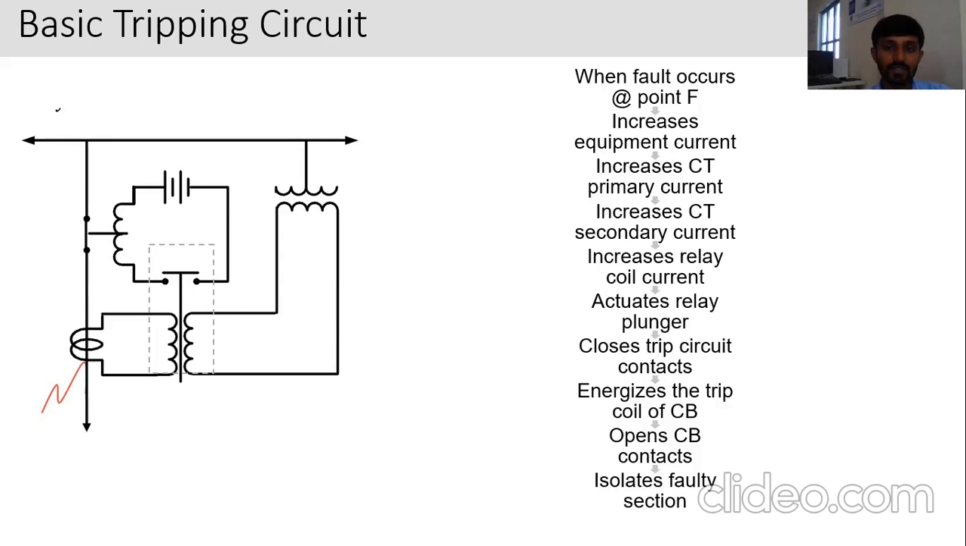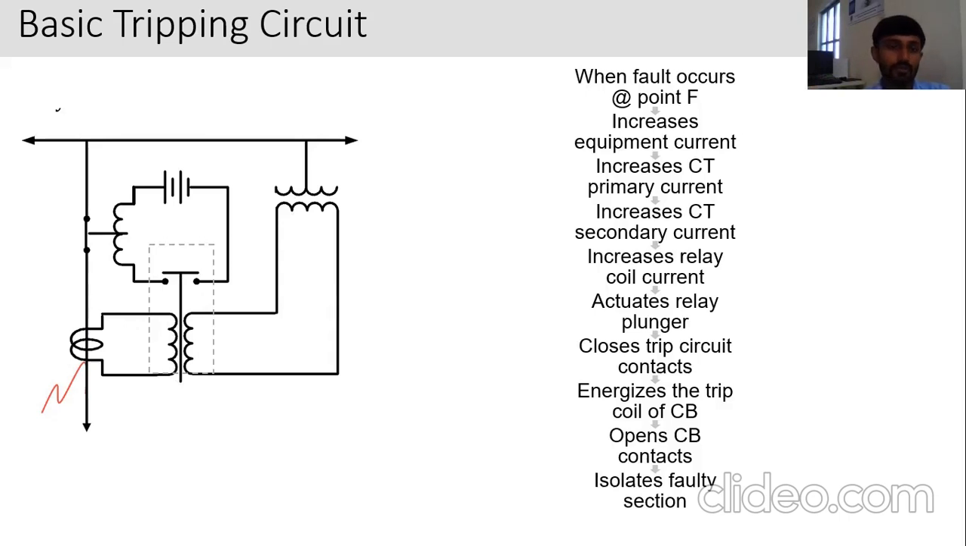So the secondary current of the CT is also increased, and so the current in the relay is also increased. The current passing through this coil is also increased, and the relay plunger will be of this type. If the current is increased, the system voltage may go down or remain within the